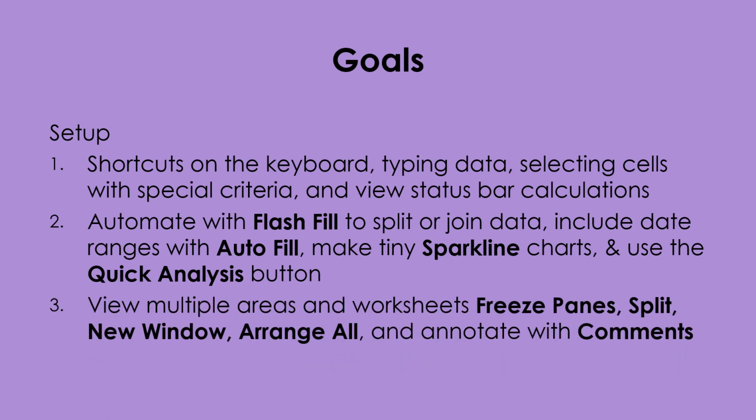And then our third goal is we're going to be working on how you can view multiple areas on your worksheet, especially if it's a very large worksheet, all at the same time. You can also view multiple worksheets at the same time, so you could see one worksheet tab and a second worksheet tab side by side. Just using these various tools to do that, we've got freeze panes, which we have done in a prior class, but we'll do a quick review here. We've got the split command, new window, arrange all,